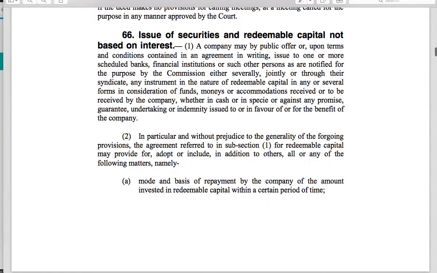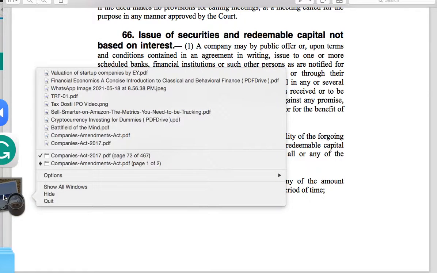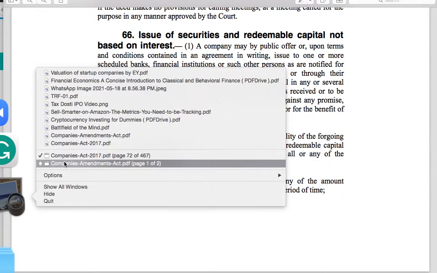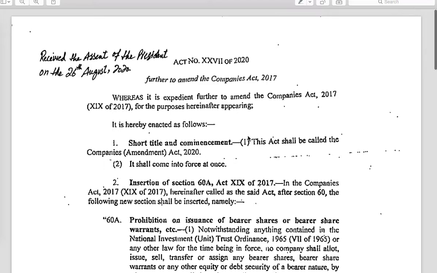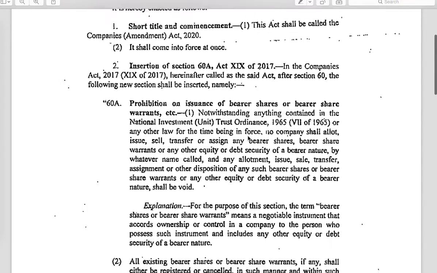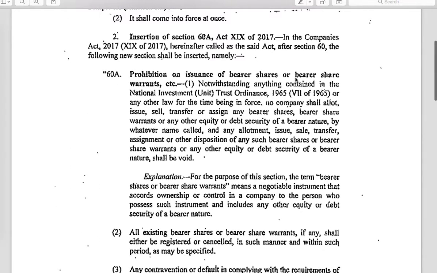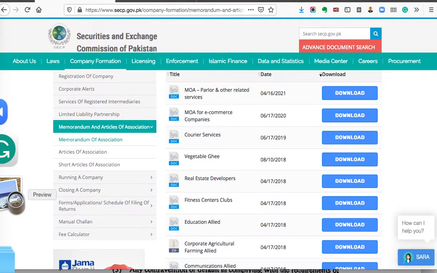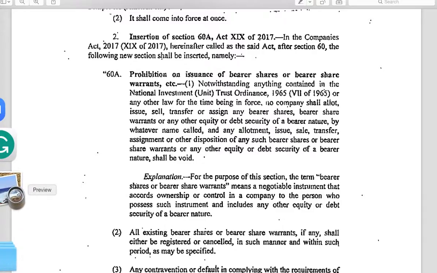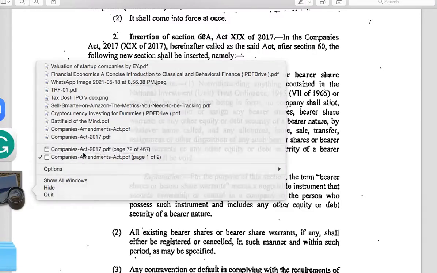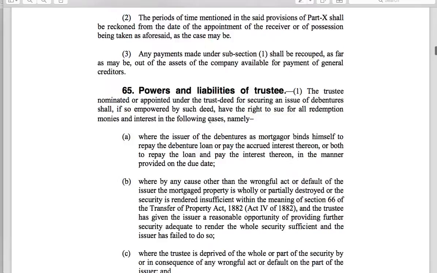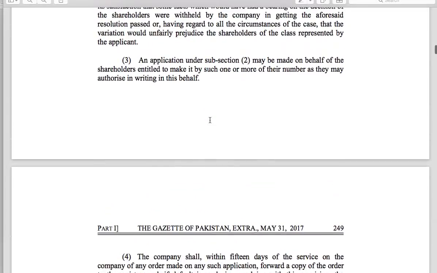There has been a change in section 60A, and now you cannot issue bearer shares or bearer share warrants like you used to do. So let's see if we could go back to the company law and section 60. Section 60 said that